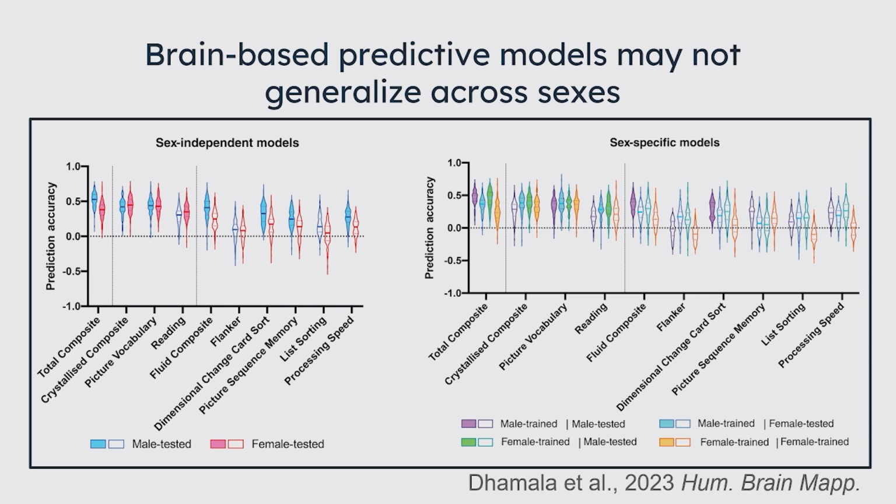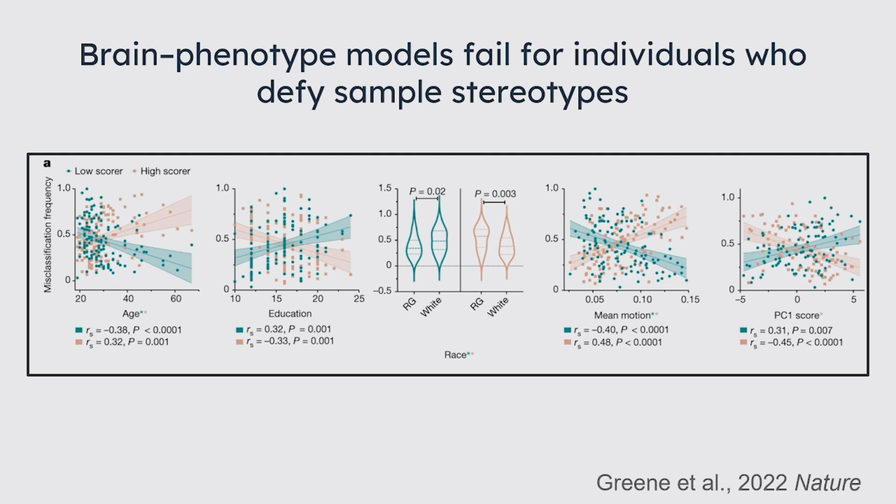So with that, there's a really cool paper that came out two years ago, I guess now, that looked at what it is about individuals that makes it so that the relationships don't necessarily apply to them, or don't generalize to those populations. They looked at a bunch of different criteria, and what they found is that if your individual does not fit the sample stereotype, then the results you get for that individual probably will not be reliable. Or in other words, it will fail.